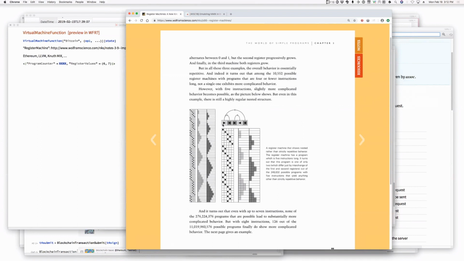And then what you would do is you specify the program, you specify the initial state, which in this case here is program counter 1 and register values 0 and 0. Then you simply say how many steps you want to run the virtual machine for, and you run it and it will do what it does, right? Is this making sense to people? And you should be able to make this graphic by basically just picking out the values in